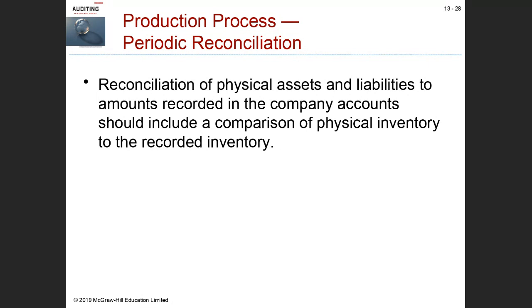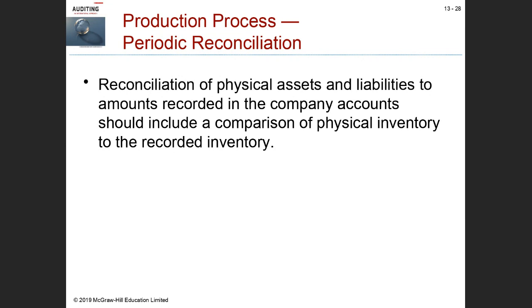Right? So we want to reconcile the physical assets, the actual inventory that we should have been able to produce based on their costs, to the actual inventory that we actually have. Right? So if $1 million should have produced, for example, 2,000 items, we would hate to find out we spent all that money and produced only 1,000 items, right? So we want to reconcile the number of items that we should have on hand to the actual items that we do have on hand. That's going to tell us how accurate our inventory accounting is, right, in our